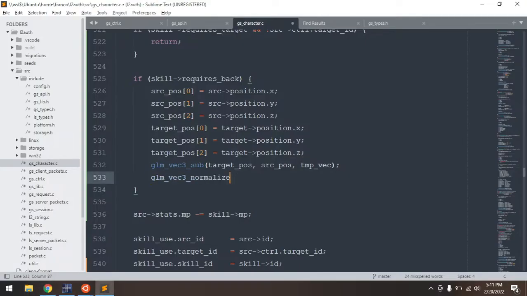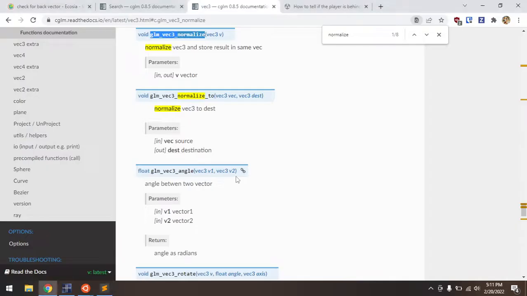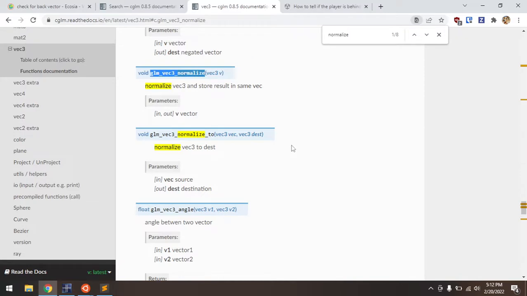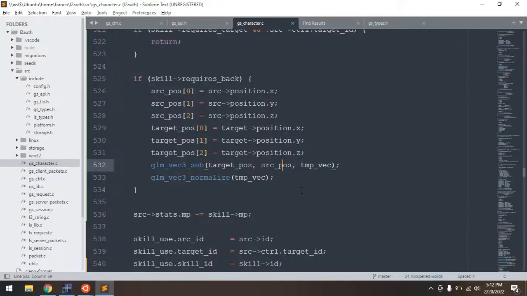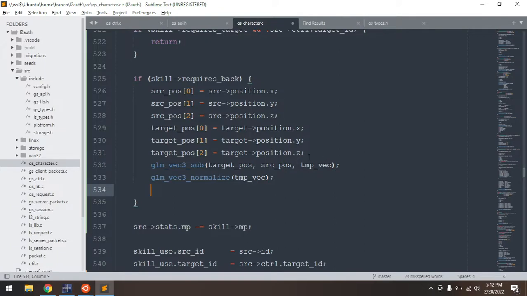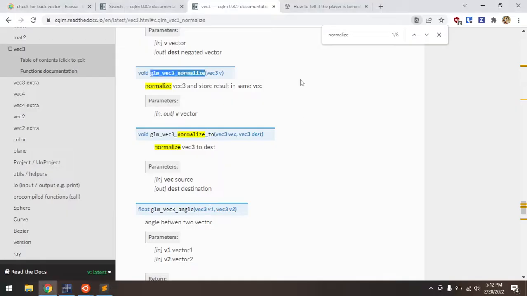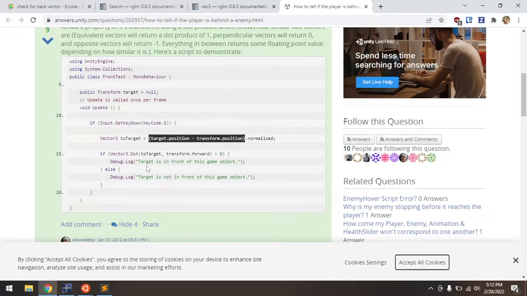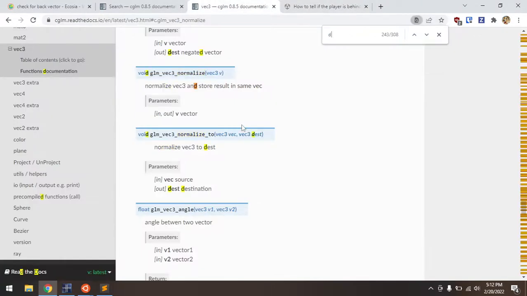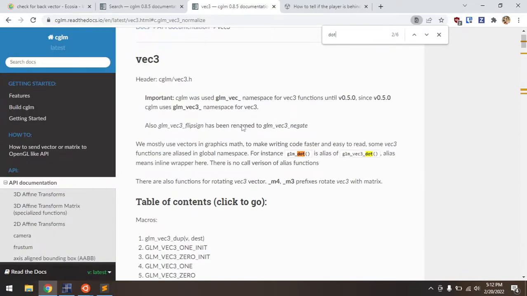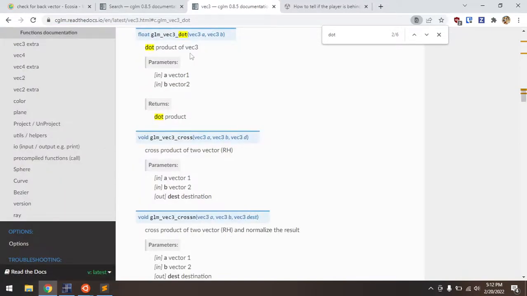And I don't know if I should explain this, but I'm not the best at math. So I guess I'm gonna have to skip that. But suffice to say, we are trying to know if this condition is met. All right. So we get the difference, we normalize, and then we use the dot product. Yes, sir. Do we have dot? I'm assuming we do. Do we got this? Dot product between